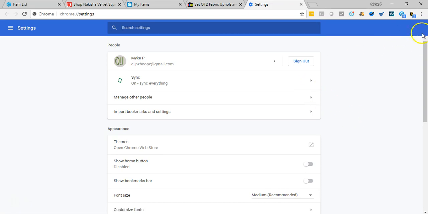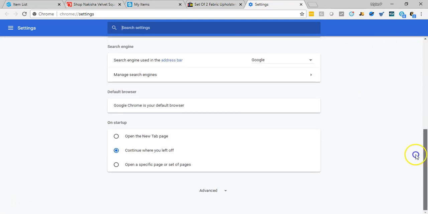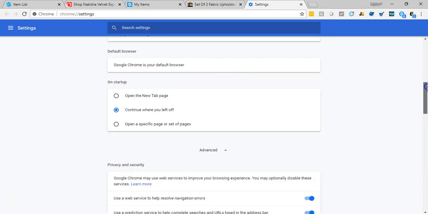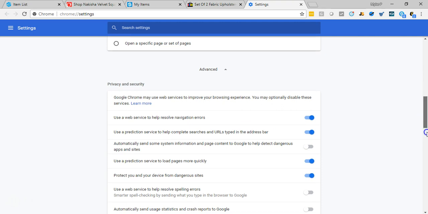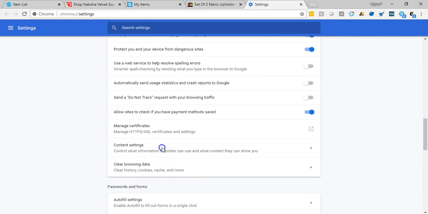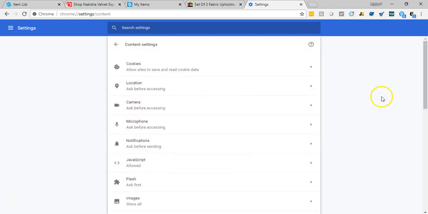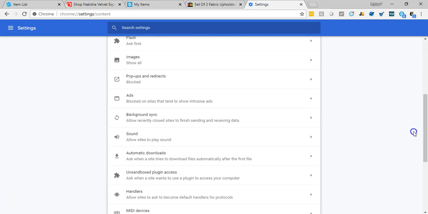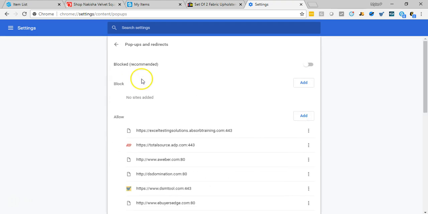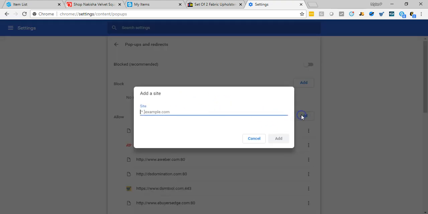You click on settings, and you go all the way down to advanced, and then go to privacy and security, and scroll down. You'll see content settings. And what you want to do is scroll all the way down to look for pop-ups and redirects, and you're going to click on add, and what you're going to add is this